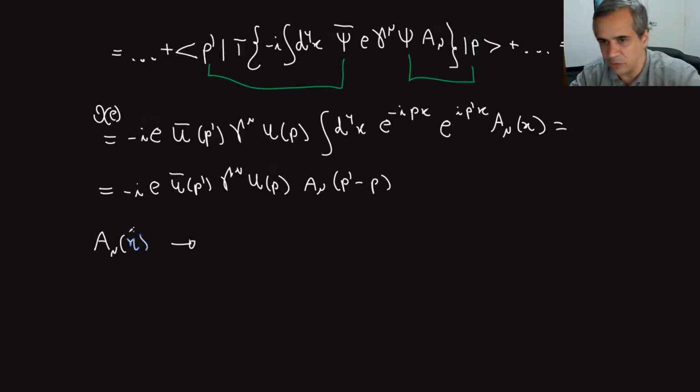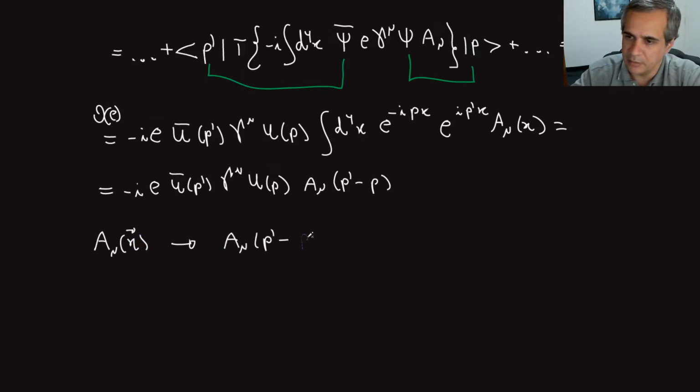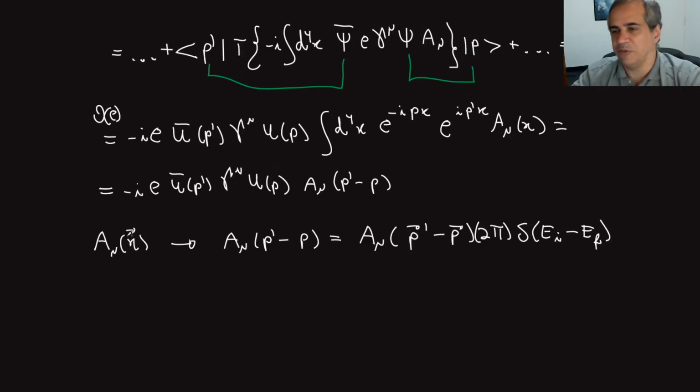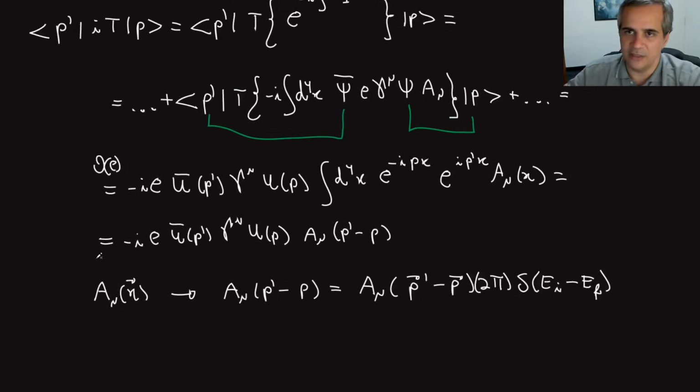So this is actually just a function of X. That means that guy can be written as A mu of P prime minus P times the Dirac delta in energy, right? Because it's a constant in time when I do the Fourier transform. So if this potential is not varying in time, that means the momentum space potential has a conservation of energy, right? And then I can rewrite again this object